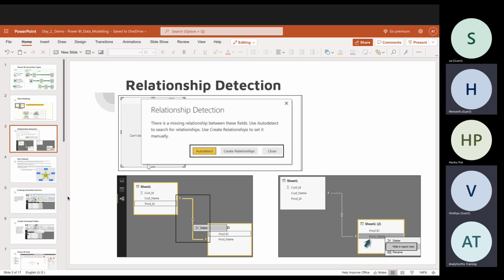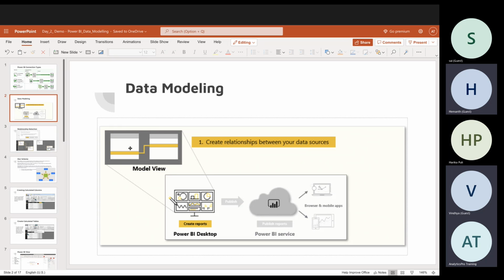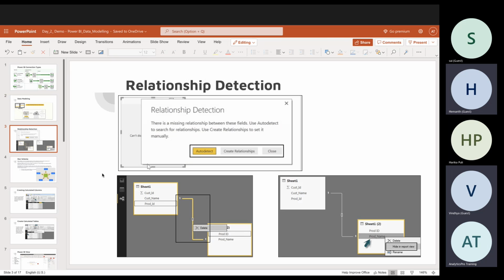Thank you. So this is what I mentioned. When you have relationships between different kinds of tables, and you say, I don't know how to create these relationships, how do I do it automatically? This is how you will do it: auto detect. When you have similar column names, it will be able to auto detect. It doesn't work if the first table has some other name and the second table has some other name and you want it to get detected automatically. It has to have the same column names like the one you are looking at. Prod ID, prod ID. So it was able to detect it.